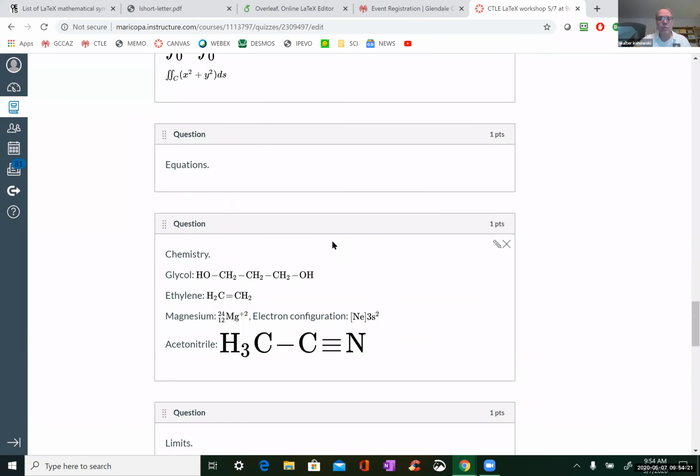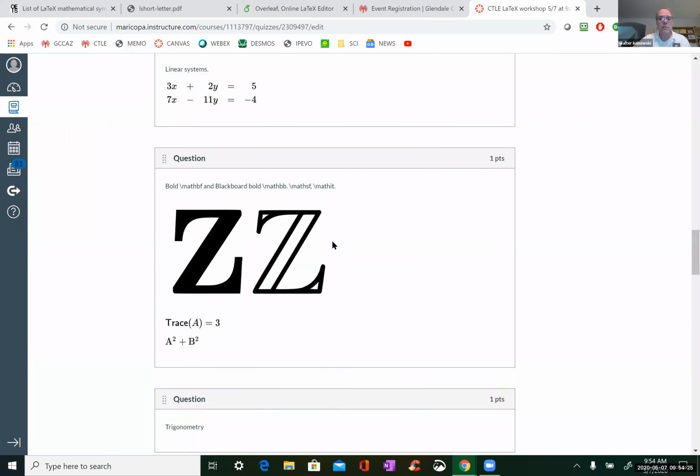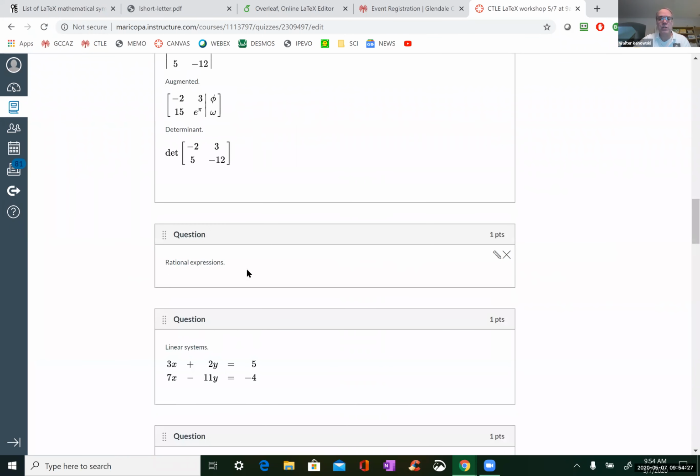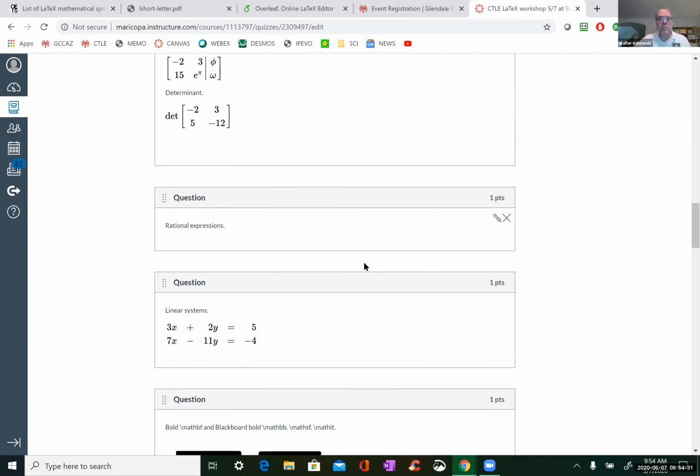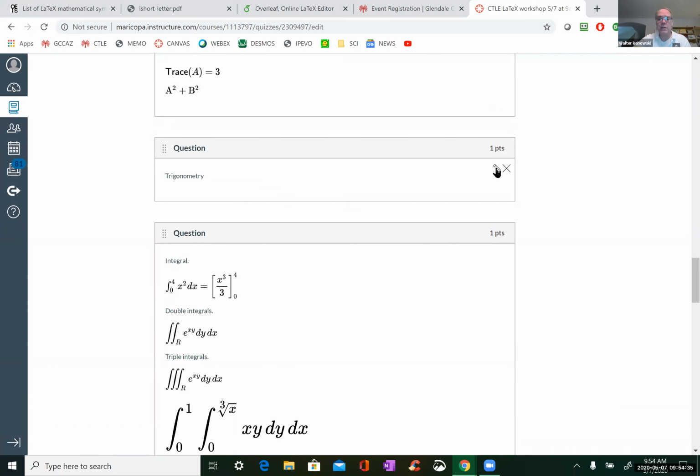All right, what else do we have? Rational expressions, I think we did some of those. I think I've covered those with the defrac command. Trigonometry.